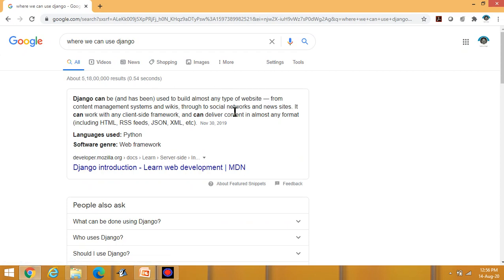Means web pages can be developed, from content management systems and wikis through to social networks and news sites. It can work with any client side framework and can deliver content in almost any format, including HTML, RSS feed, then JavaScript Object Notation, then XML. XML stands for extensible markup language.